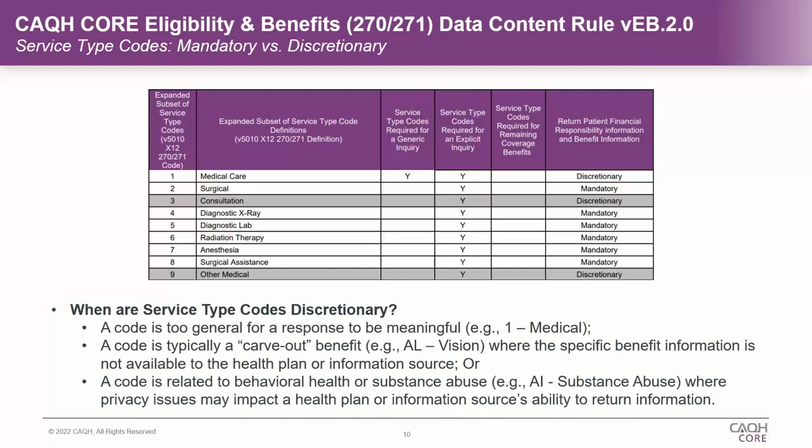I think Donna mentioned some plans only have implemented to receive one STC code. Others might receive 10. So that variability still exists in the marketplace today. If you'd like to have this and this benefit, send it one time and get one response with both. If not, the provider has to send individual STC code transactions and wait for the response one by one by one. So that, again, leads to a little more burden on the provider side because of the variability that exists within implementations.